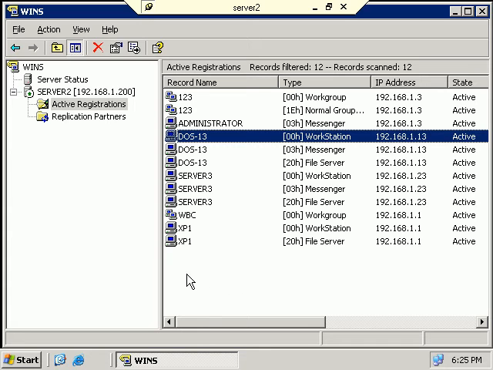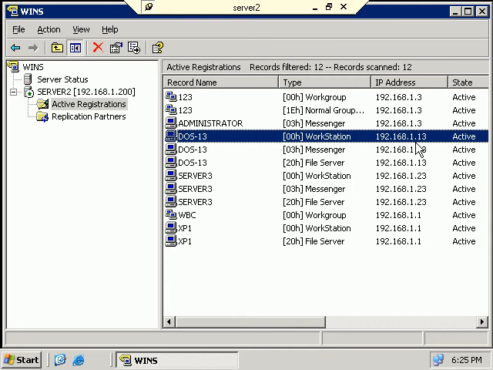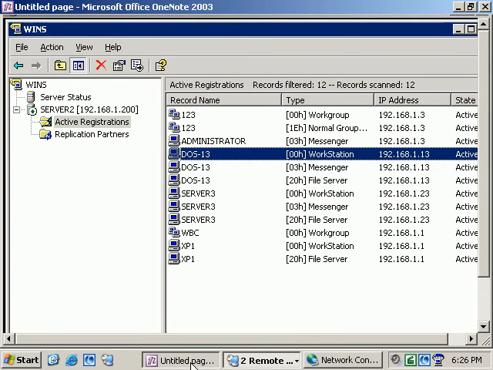Static entries are created for non-WINS clients, and they're created to help out all the other computers on the network. It's a way of giving DOS 13 a name to go along with its IP address. So that's why we set those up. We're also going to be working with the WINS proxy agent here in a little bit. We're going to come back to that in one second. Before we do that, what we want to focus on next